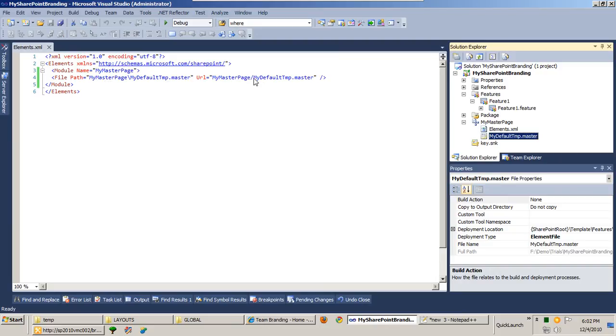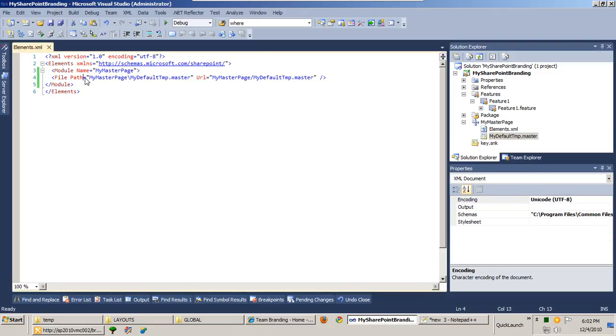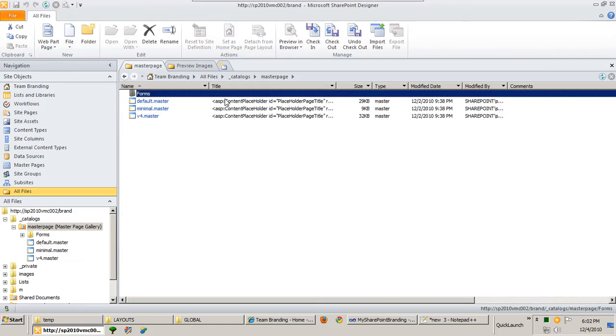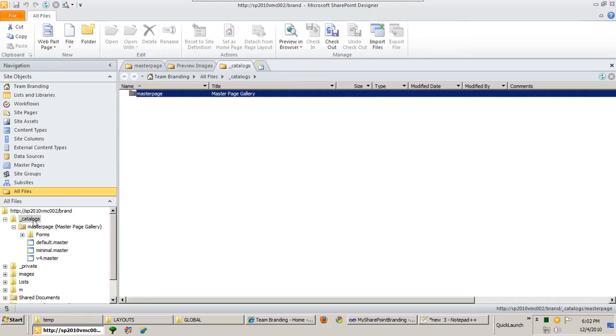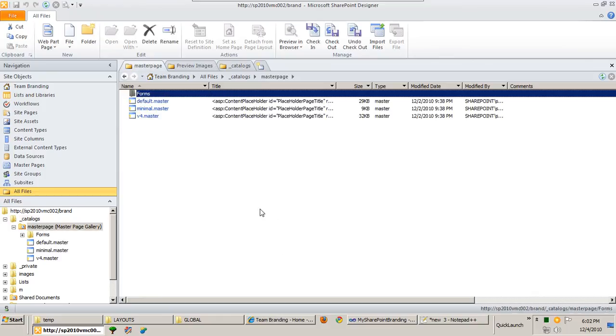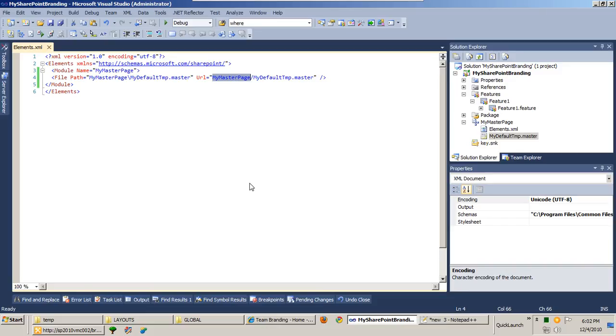So the first thing we need to do is the URL. This is the path from the feature location that it's going to provision, and this is the destination path where the file is finally going to be put. First thing you notice is this is going to a folder called my master page, but in our project, so I open that same site in SharePoint Designer, it has to go under catalogs master page, so it has to live in here. So we're going to change this path to catalogs slash master page,